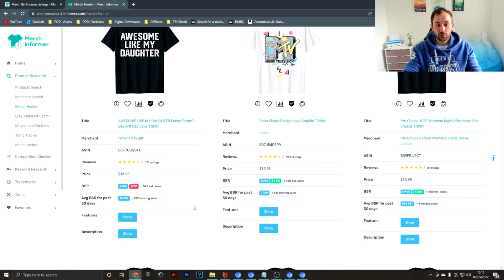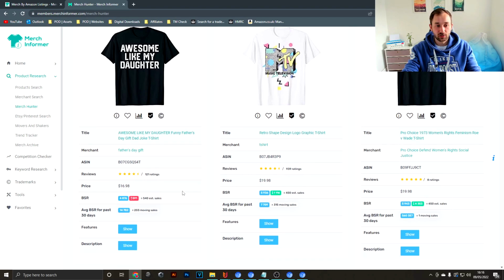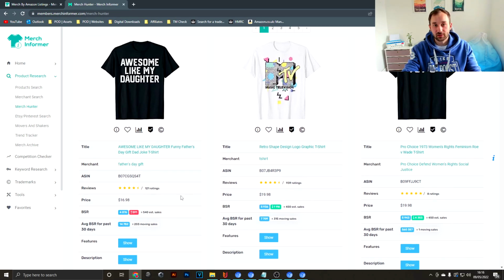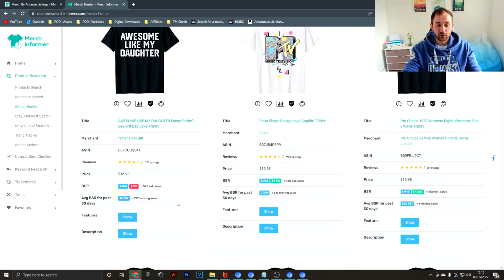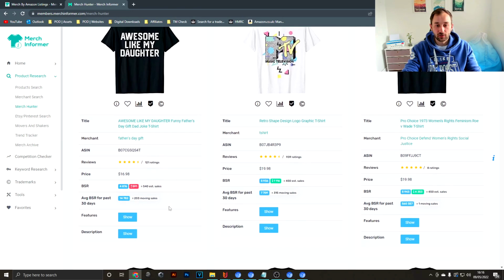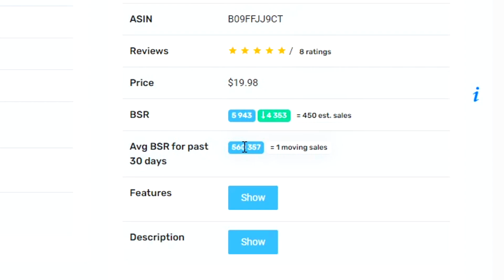I could show you another example or tell you about another example for context. One of my shirts is currently at 200,000 BSR, which is quite a lot higher than this, but it's making about 60 sales a month. So that might give you a bit of an idea what BSR means in terms of sales. And yeah, basically what you want to look for is low BSR, which all of these are because it's showing the lowest first, but also you want to look at the average BSR for the past 30 days,